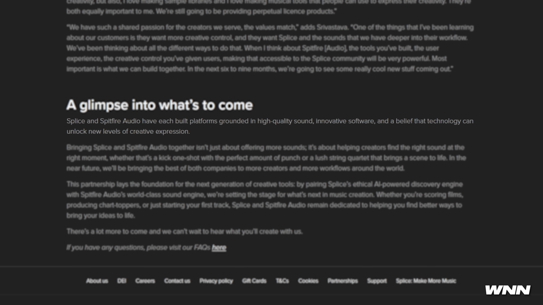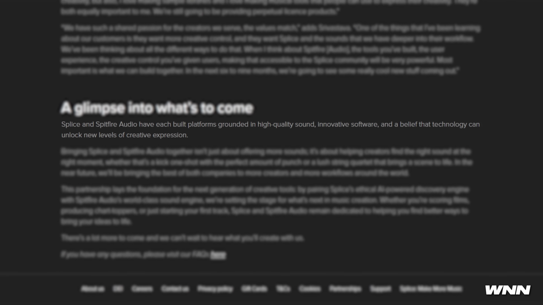I guess one thing that has been concerning about this is the amount of emphasis on AI. The next statement I'm going to read, there's a bit of a mention of AI, and I've been reading some other articles about it, and there's a lot of AI talk. So we may get some Spitfire tools with AI in it. Hopefully no credits, though. So they kind of ease into it a bit here, talking about how they both built